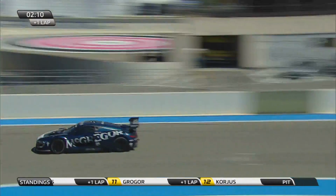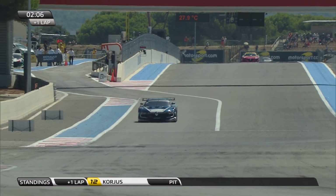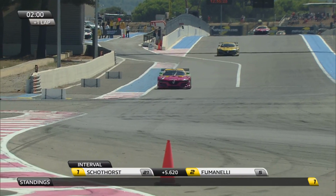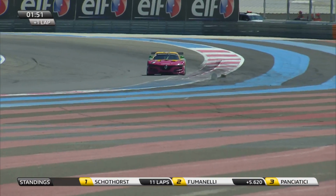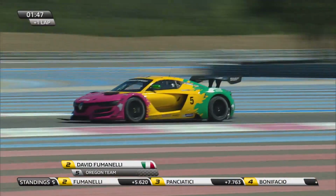3 laps left for Pieter Schothurst. This one, he will get to the end of this lap just before the clock reaches 0, plus that further lap. Yeah, it's going to be a tight run thing, and well, he doesn't want to start playing games trying to ease off. He hasn't got quite enough to play that game. The next time around will be the last lap, so it's going to be this one and a couple more, we reckon,